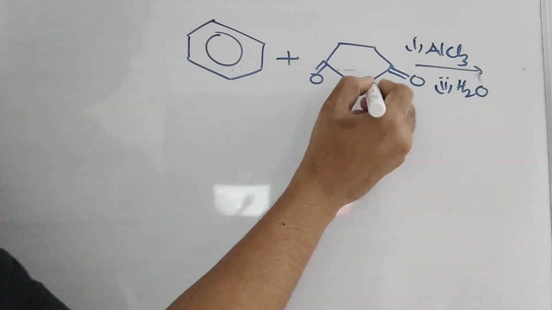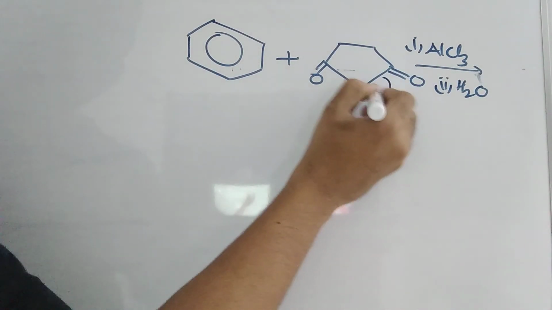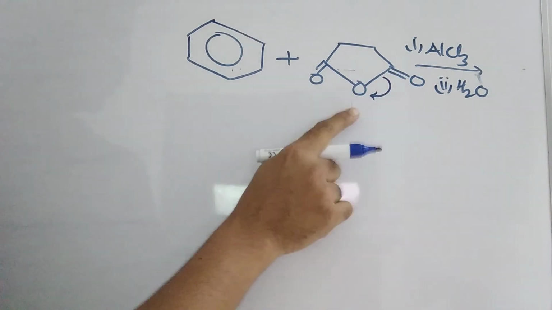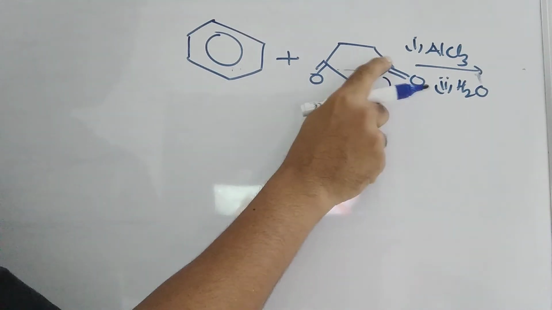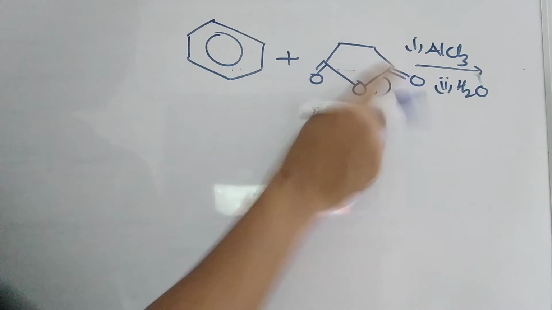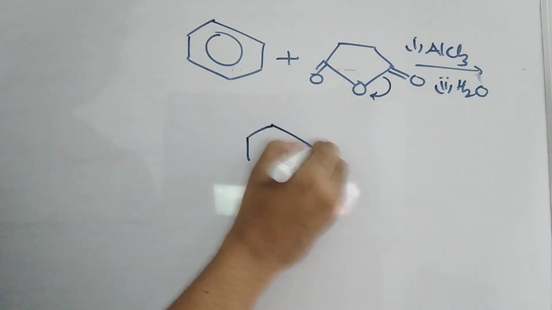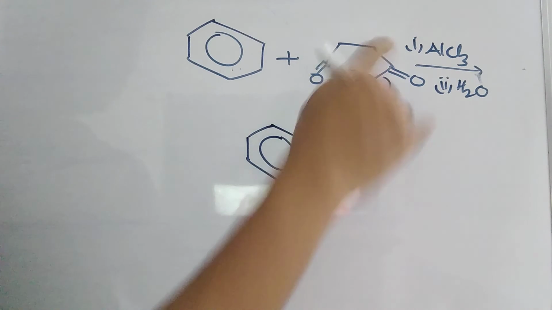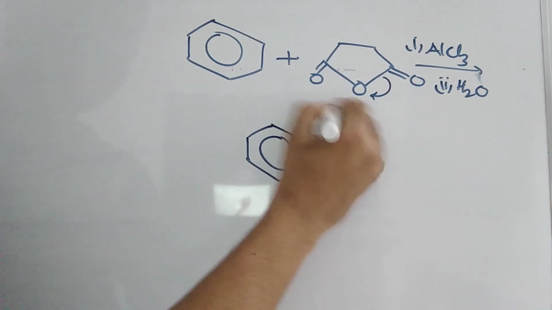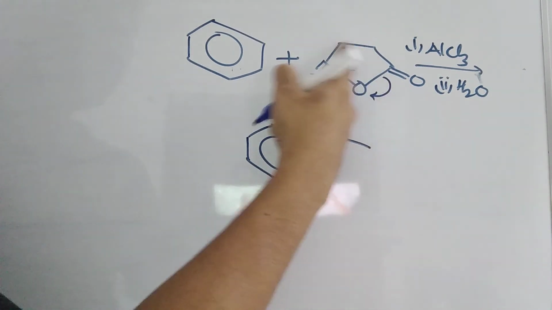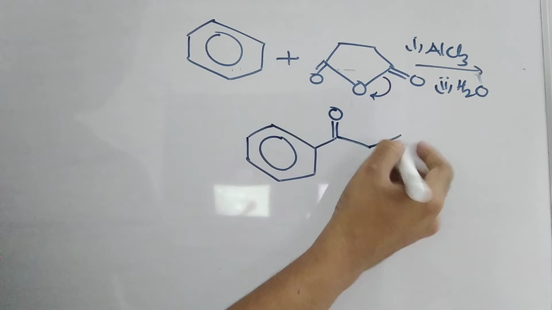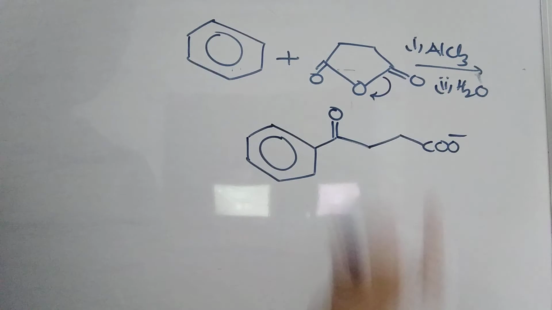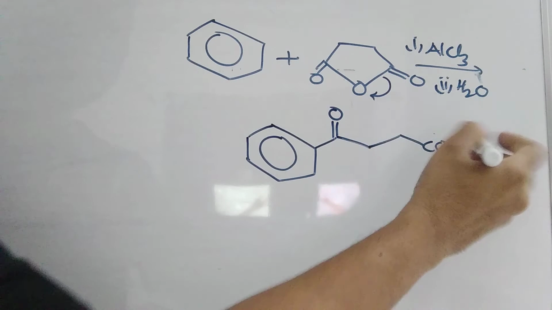Similar type of reaction. Okay, you break here. This is moving towards the oxygen, so oxygen will get a negative charge and this part will get a positive charge. This is nothing but Friedel-Crafts acylation. So here the plus charge will come, that part I am adding here. Then this is CH2CH2, 2 carbons I made. Then this is COO minus. And when you are using H2O, this will become COOH.